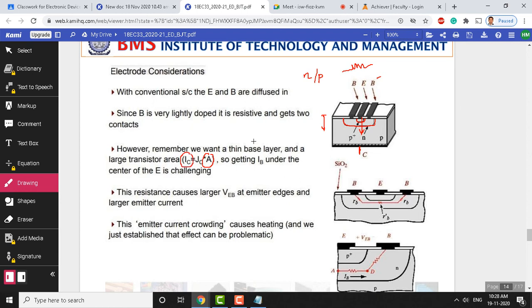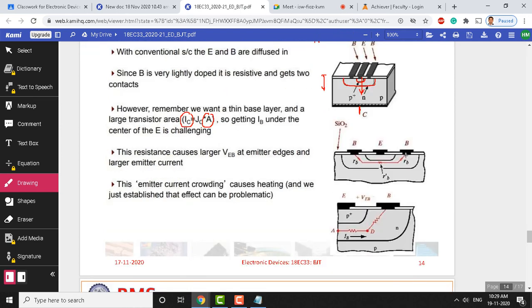Okay. But look here, the base region is very narrow, and because of that, it experiences a lot of resistance in the base region. So even though there is a lot of injection from the emitter, the base region has some resistance, and this consumes a lot of power within the base region itself. Now, how do we solve this problem of excess resistance within the base region?